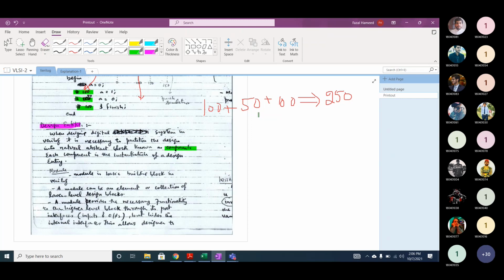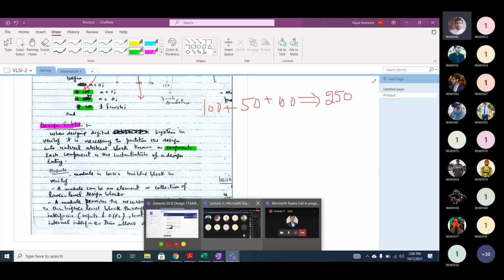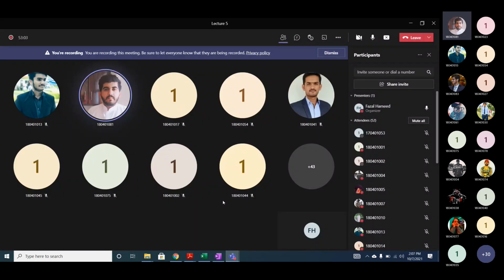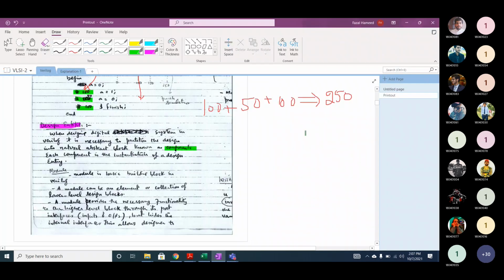Now let's assume you want to design a microprocessor. What can be the different components of a microprocessor? We studied this in embedded system design. Control unit, very good. Control unit, arithmetic logic unit, register file, instruction fetch unit. These are different components, and we connect all of them in a particular fashion to realize a complete microprocessor.